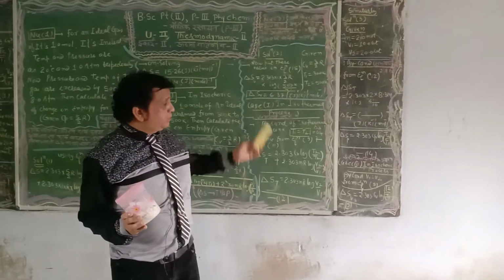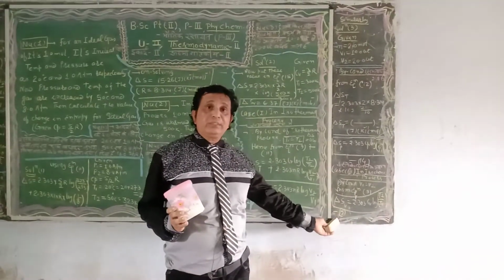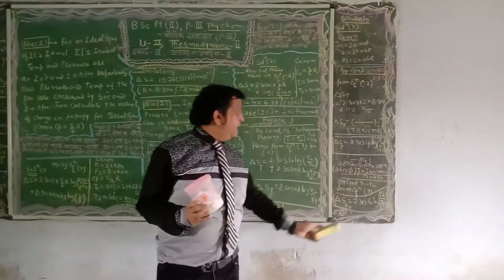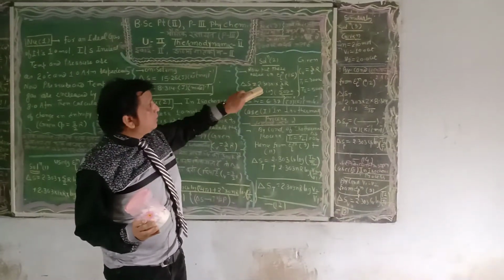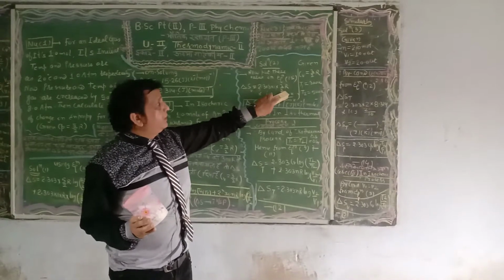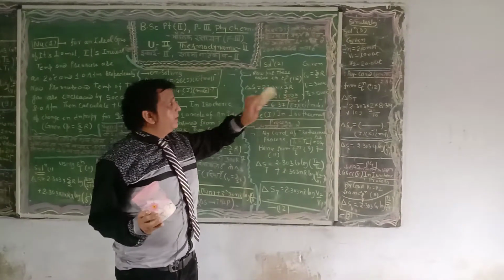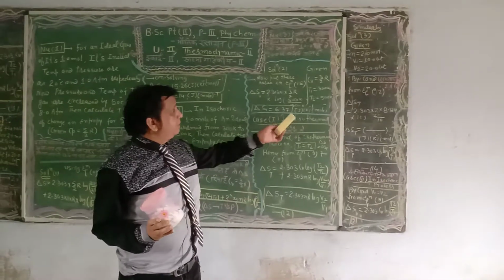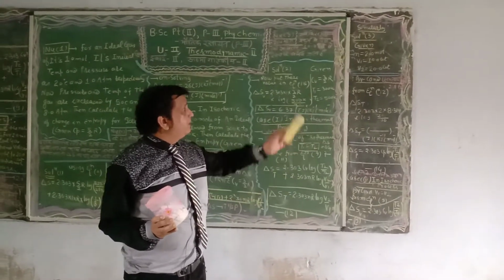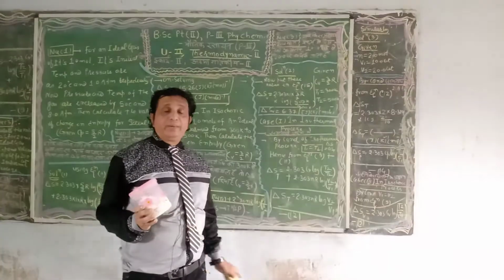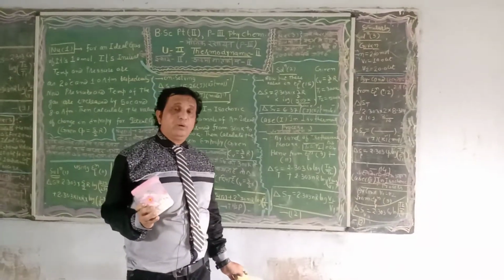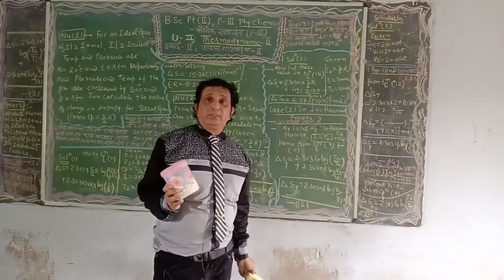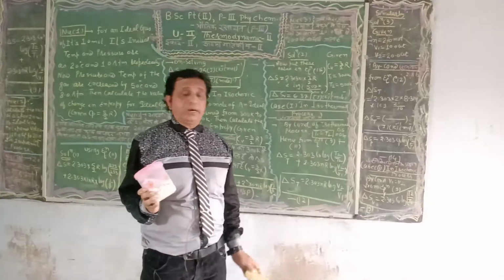When these values are substituted in the fundamental equation of change in entropy occurring in an isochoric process, del S is equal to 2.303 times 3/2 R log 500 upon 300. On solving, del S is equal to 6.37 joule inverse mole inverse, where R is equal to 8.314 joule mole inverse Kelvin inverse, the ideal gas constant that you have studied in BSc part 1.